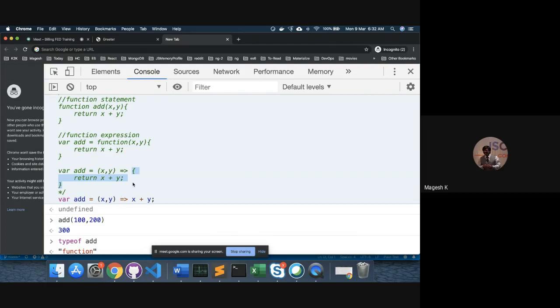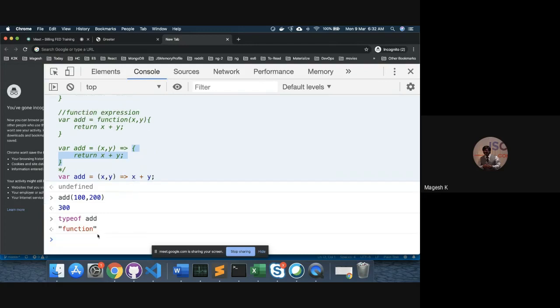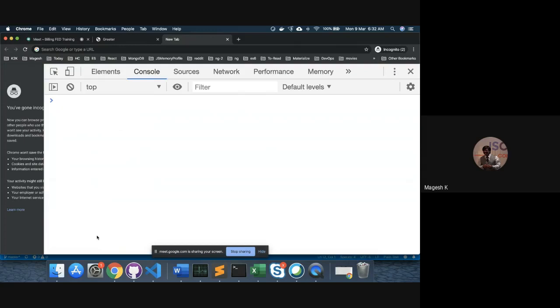Okay, so we will use this again and again in subsequent applications and scenarios. So this is number one. Number two, the other advantage of an arrow function is that it will retain the this context. What I mean by retaining the this context in JavaScript,